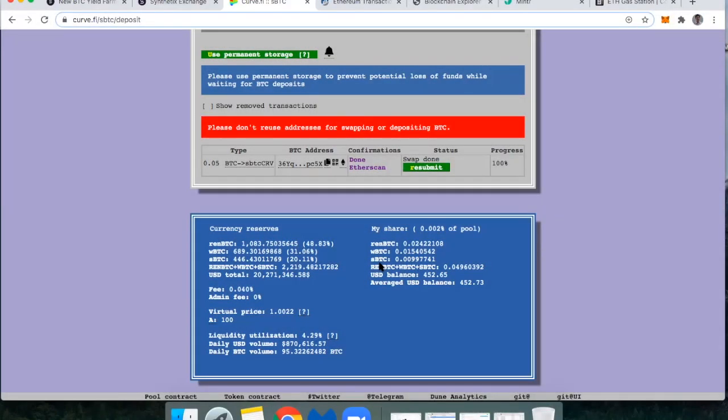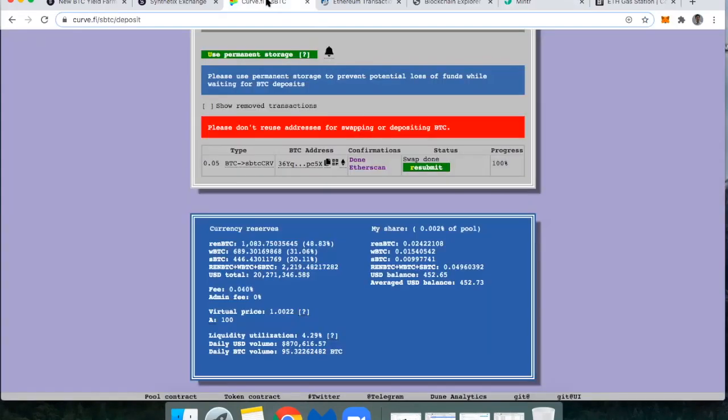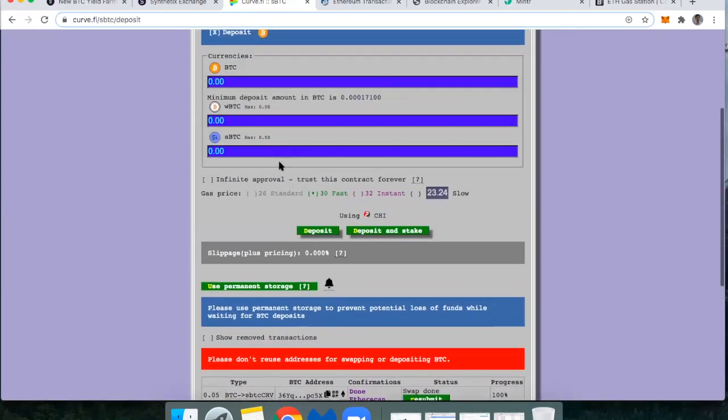In order for me to earn returns or to earn rewards with Synthetix, which come in the form of the REN token and the SNX token, I have to actually take the Curve token that's been awarded to me, and I have to go stake that on Mintr. So there's two ways that I can do this to ensure that I'm getting my weekly rewards from this 10,000 SNX and 25,000 REN. I could just use the Curve interface, and you'll notice if I scroll up here,